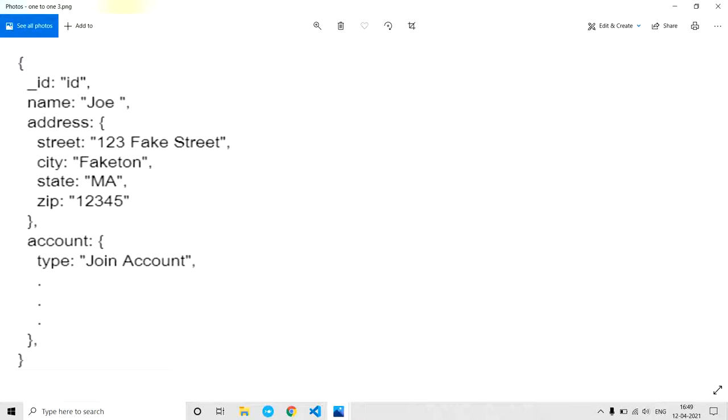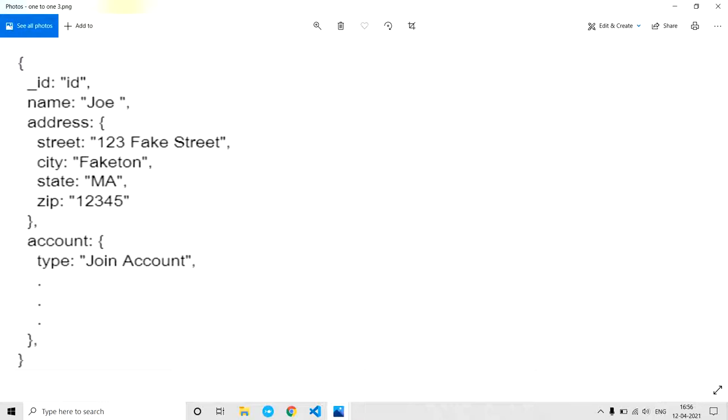We can't go on embedding these address and account objects into one collection. So to summarize, if a collection is going to grow in future, let's not embed address and account into the user collection, because we might get many one-to-one relations.